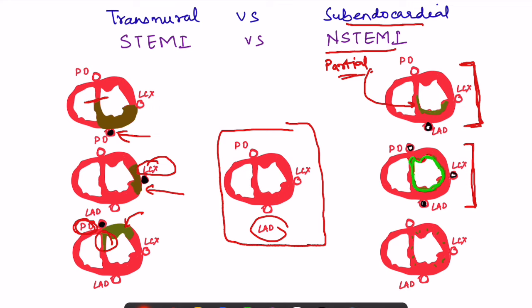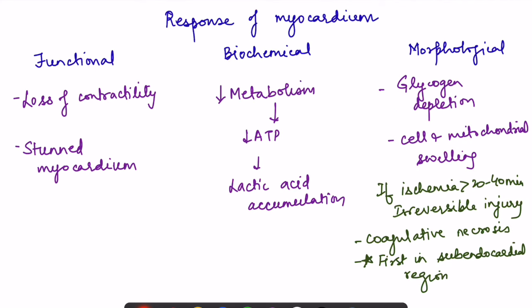Okay. Then finally we are seeing microscopic infarcts that are forming. Small infarcts are seen throughout the myocardium, and we have seen the causes also for this. Now what is the response of myocardium? Response of myocardium can be classified into three ways, where we have the functional changes, biochemical changes and the morphological changes. Functional changes, as soon as there is decrease in the blood supply, there will be loss of contractility, and